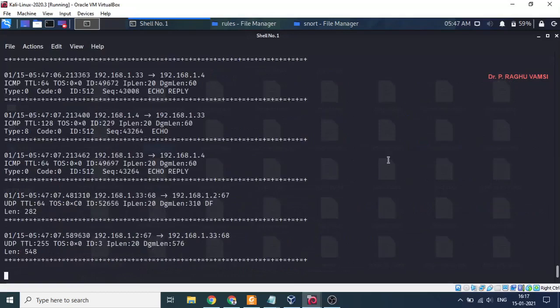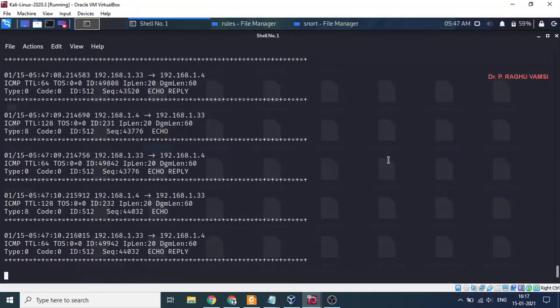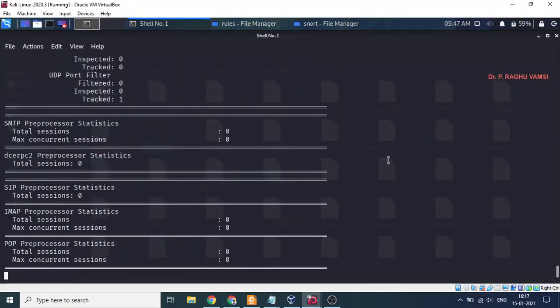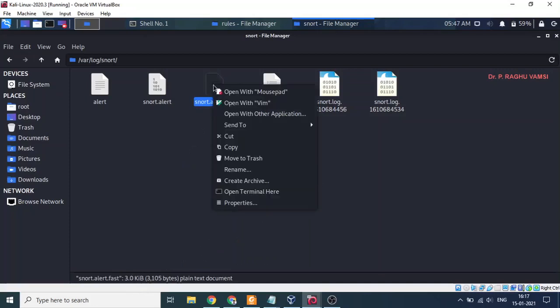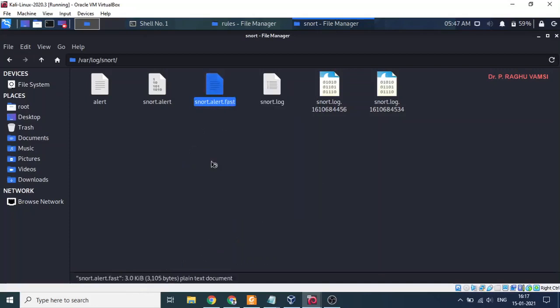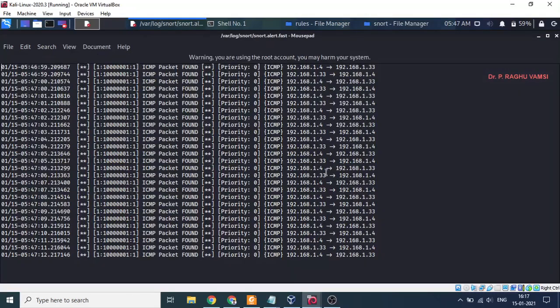Now it is receiving the echo request and echo reply. Now let us stop this. We know that previously I have cleared that snort.alert.fast. So some data is available in this. So here ICMP packet found, the priority we have not mentioned, ICMP, and the rule that we have placed is 10 lakh 1, and the message that we are going to print is ICMP packet found.